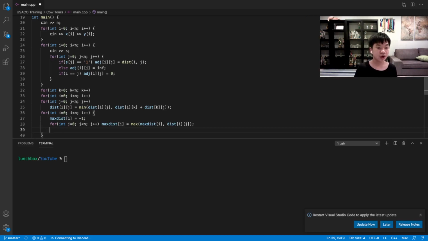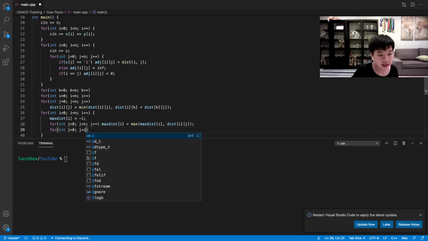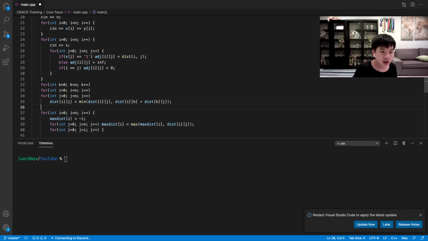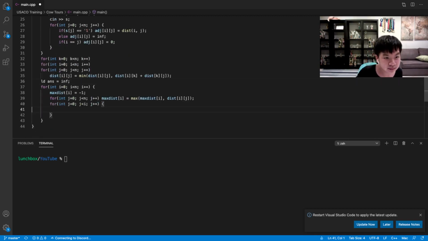Now we're going to try to first simulate adding an edge between two unconnected nodes, with one of the endpoints being i. So then, again, for each j, actually it would be a bit less than i. Since you want your answer to be as minimum as possible, originally it would be equal to infinite. So over here, your answer will be equal to the minimum of your answer, and